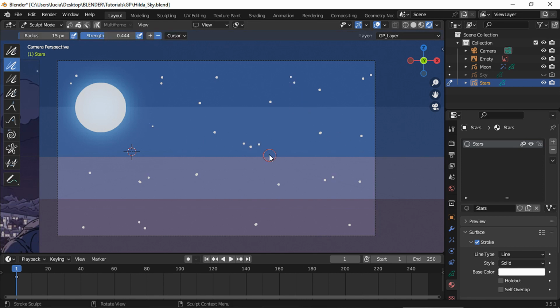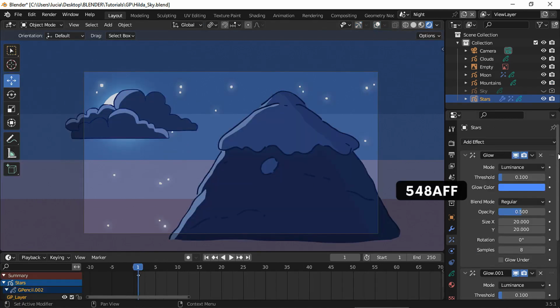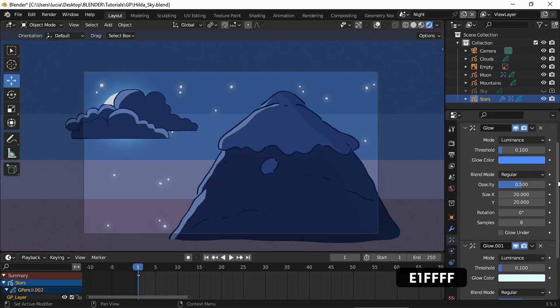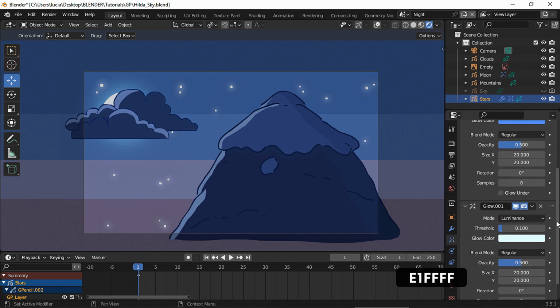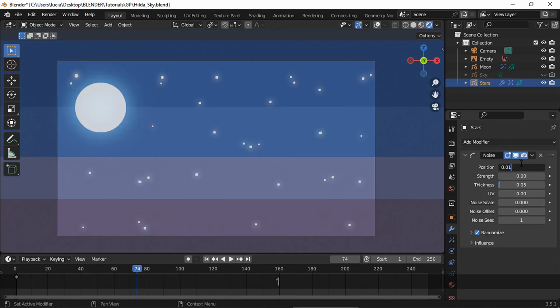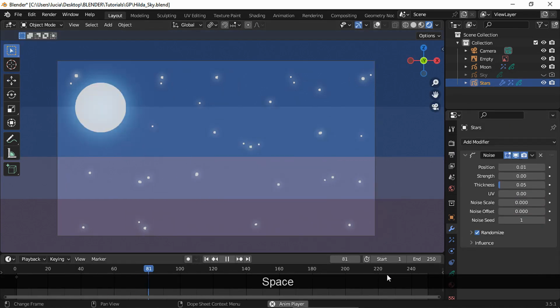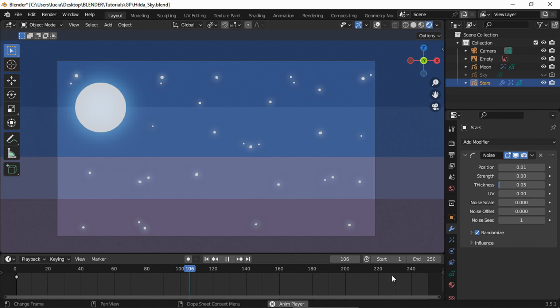I changed the thickness in sculpt mode as well. And I added 2 glow effects. These were my final values. And in Hilda, the stars twinkle and move a bit, so I tried to achieve the same effect using a noise modifier.